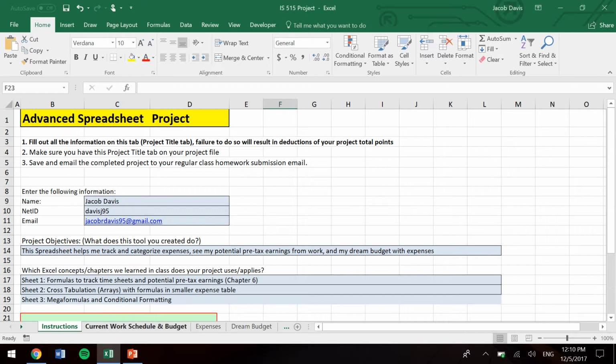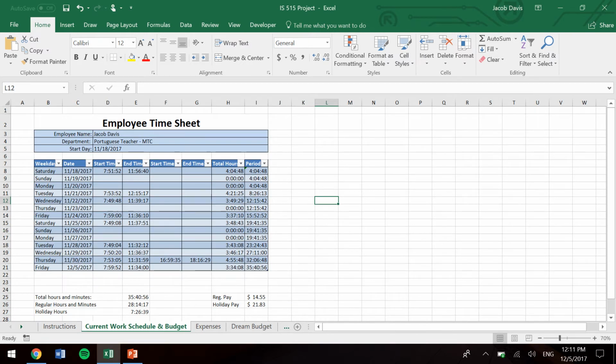So, my current work schedule, some of these numbers are fudged just for privacy's sake. But this is my employee timesheet, and as you can tell, I work at the MTC. And so these are some of the hours that I've worked over the last pay period. And what I like about this timesheet is that I've put in formulas to help me track how many hours I work. And I formatted it slightly differently than